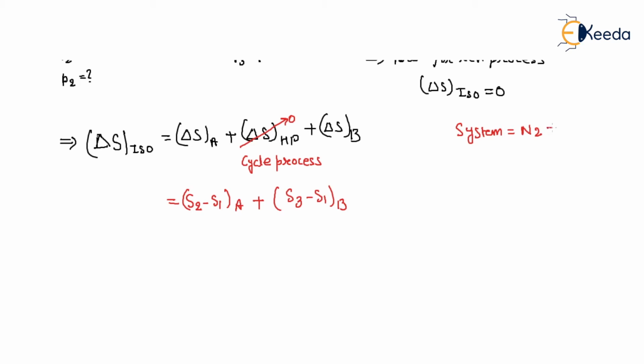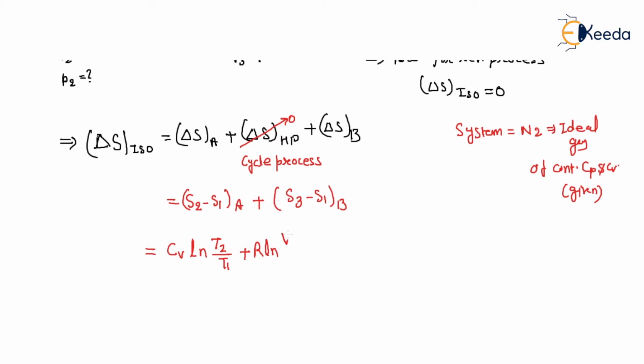N2, and this is an ideal gas of constant Cp and Cv given, right? So what is S2 minus S1? This is your Cv ln T2 by T1 plus R ln V2 by V1, this is for A,